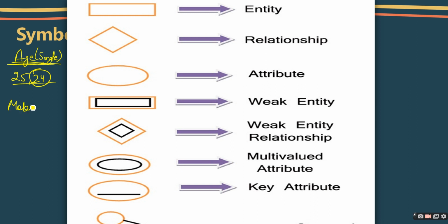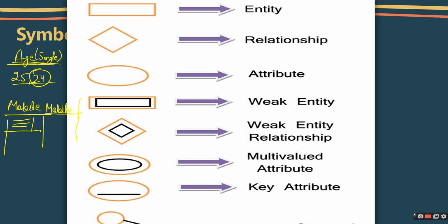Whereas if we take the mobile number example, a person can have one, two, or three mobile numbers. So let's say I am going to store a student's mobile numbers. I am not going to create three columns for three mobile numbers, because not everyone has three mobile numbers. But if you have three mobile numbers, what are we going to do? We are going to store the three mobile numbers in a single column for that particular student. So this will be termed a multi-valued attribute.